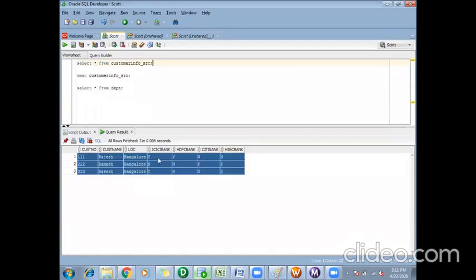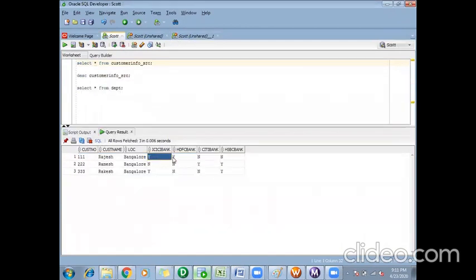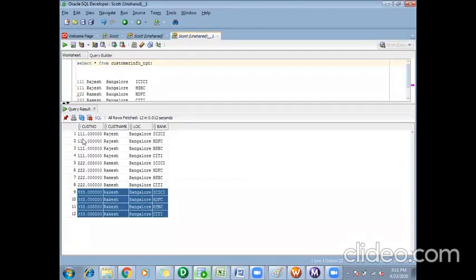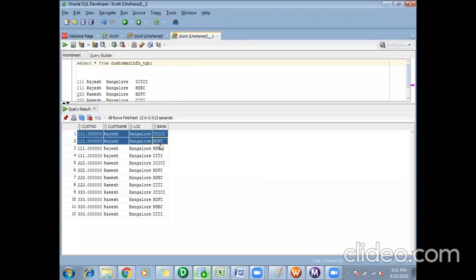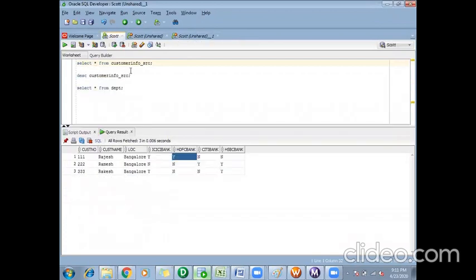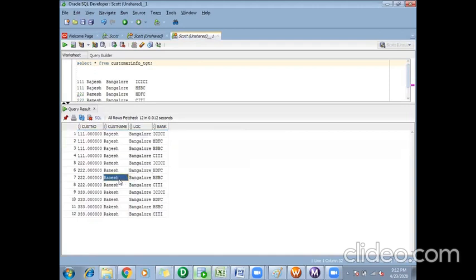I want to show the customer records only where he is holding an account in a bank. Customer 111 is holding accounts in ICICI and HDFC, so I need to show only 2 records for him, one for ICICI, one for HDFC. Similarly, customer 222 is holding accounts in HSBC and Citibank. So I want to show data only for those records, and discard the records where the customer is not holding bank accounts.